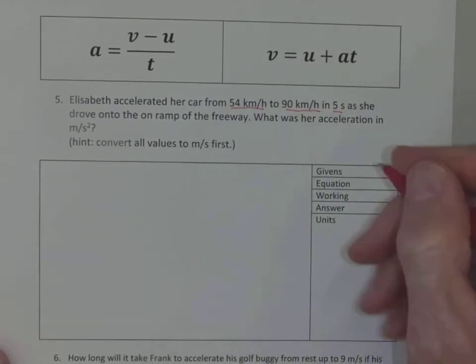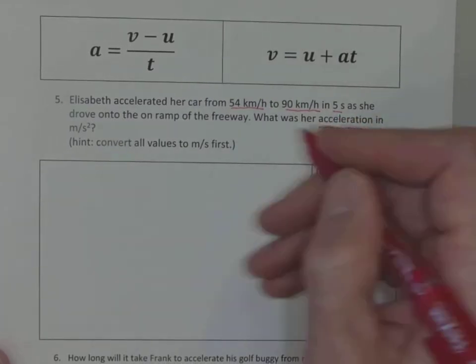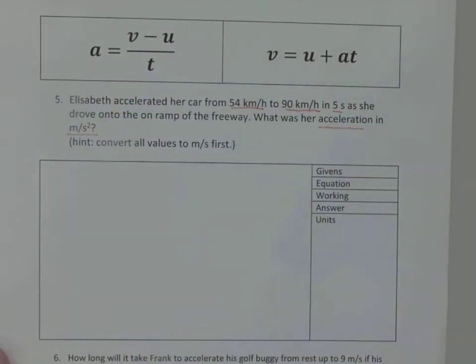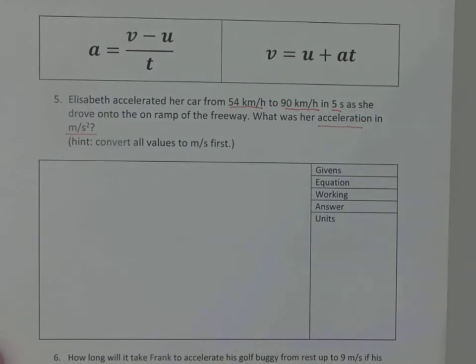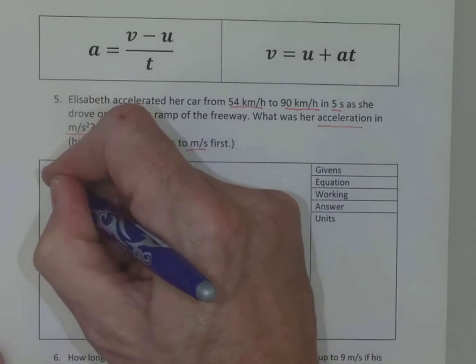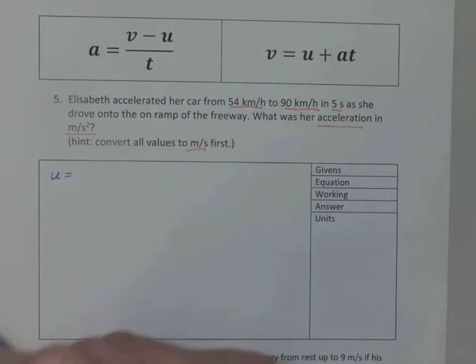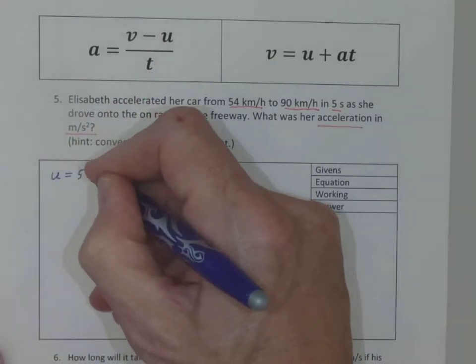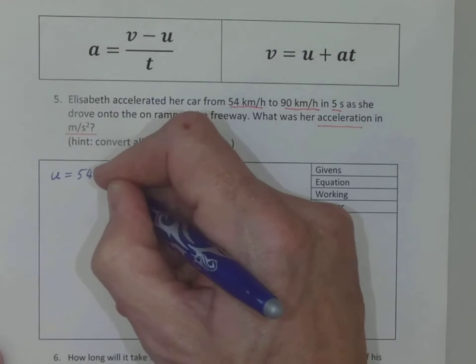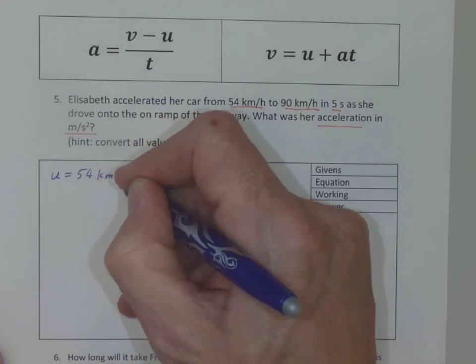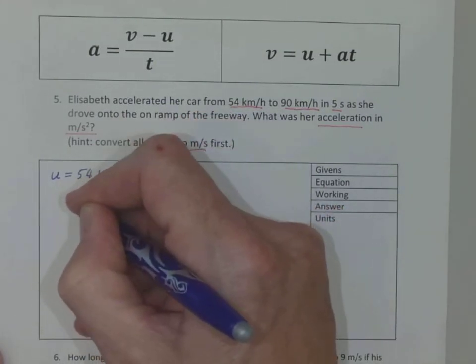What was her acceleration in meters per second per second? And we've been given a hint, convert everything to meters per second first. Okay, so we're given these values. We've got the initial speed here is something we haven't had before. It's in kilometres an hour, 54 kilometres per hour. So I want to convert that